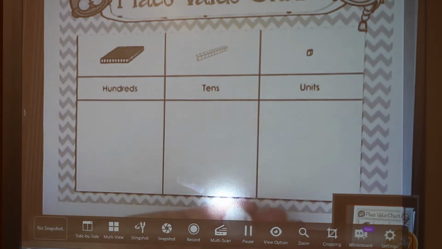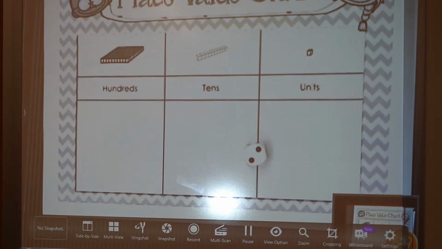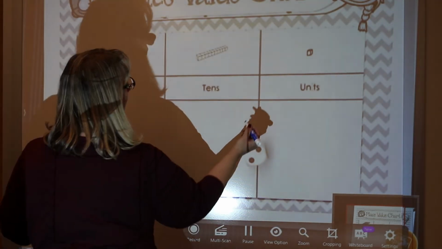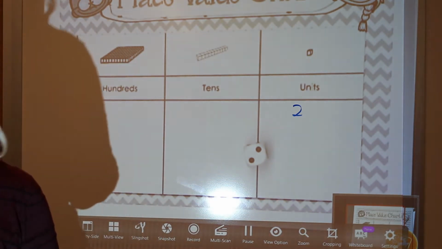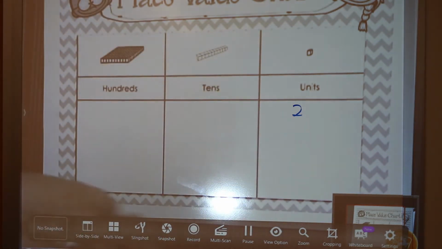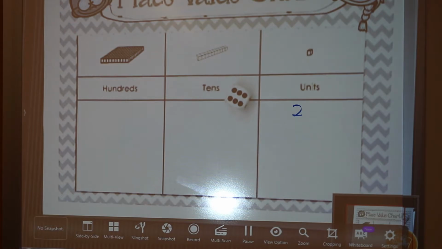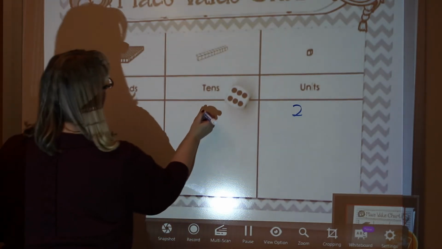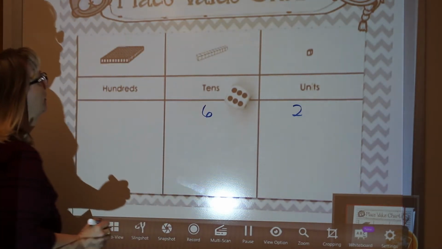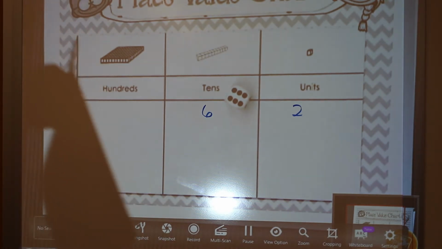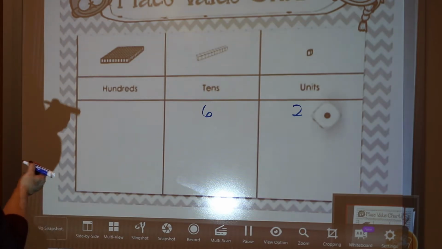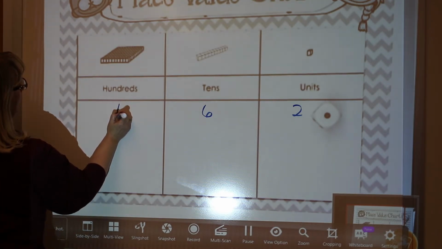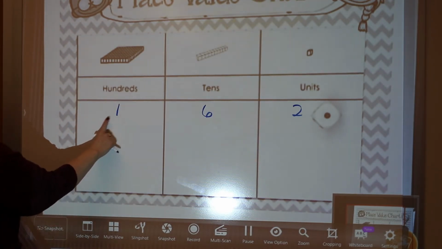But I like to roll my dice. Oh, there's my first number. And I'm going to put that in my ones place. Then I'm going to roll it again. Oh, and I got a 6 this time. And I'm going to put that in my tens. Then I'm going to roll it one more time. It gives me a 1, and that's going to go in my hundreds. And so how I would read this number is